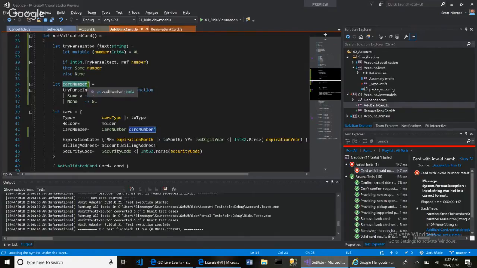And let me see. So now what? Yeah, I'm not sure what the best way of handling this is. What I really want to do, yeah, this card number, when you try to parse it,